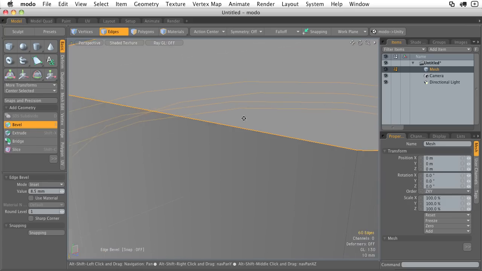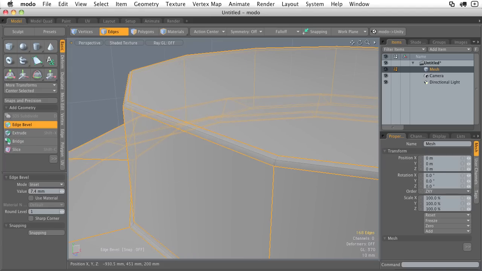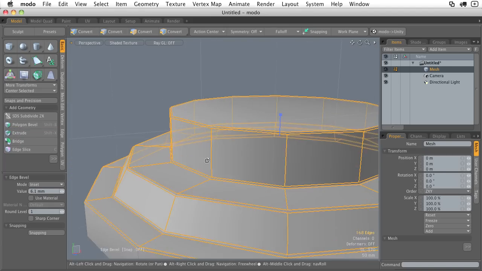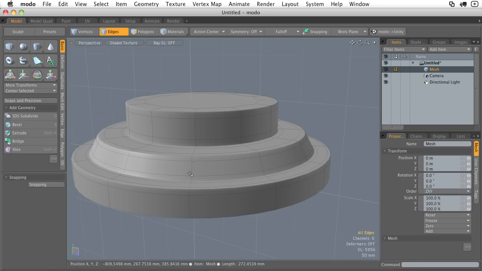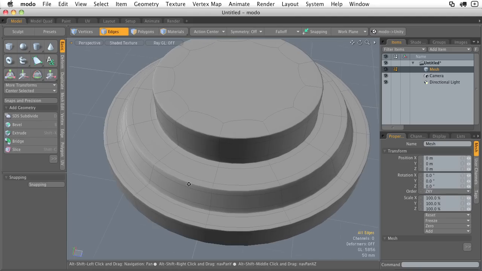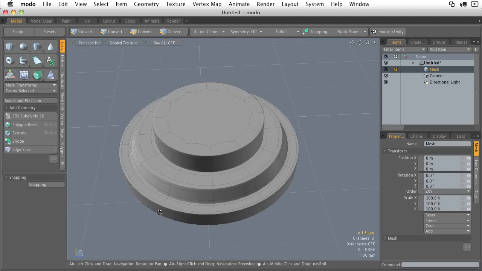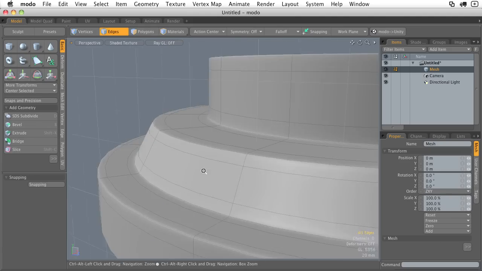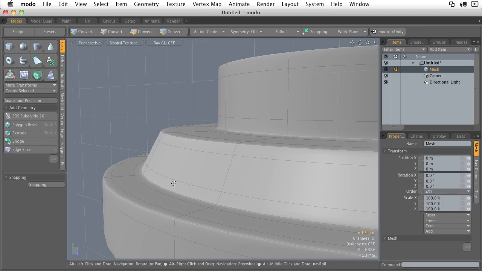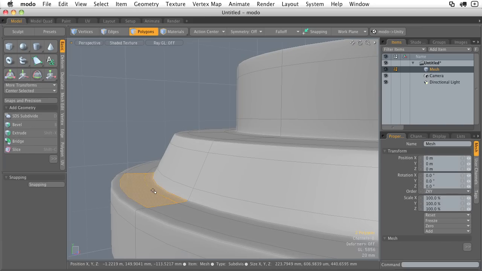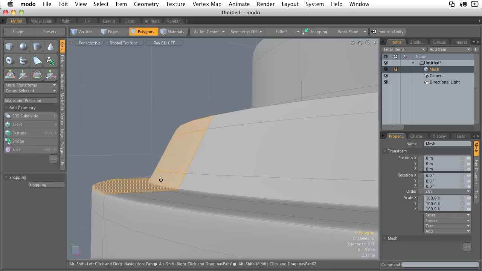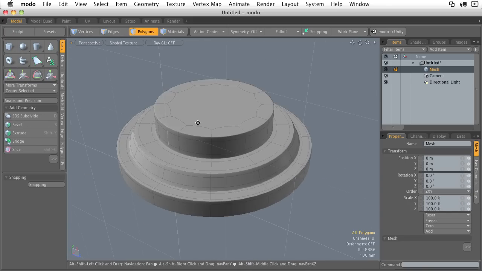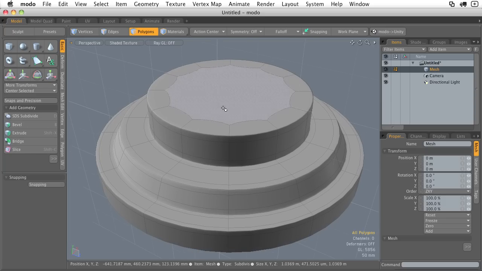Excuse me. So if we were to fire off edge bevel now and just do a little left click and drag with a round level of 1, we've gone in. We've added some edge loops now, and when we hit tab, voila! Look at that. The number of sides along our cylinder have been completely smoothed out. It's starting to look beautiful, but we're retaining some of these hard edges down in here. This transition between this plane and this plane is now a little bit more defined since we've added those new edges. So the SubD engine is really powerful, but if we're trying to create hard edges, we need to make